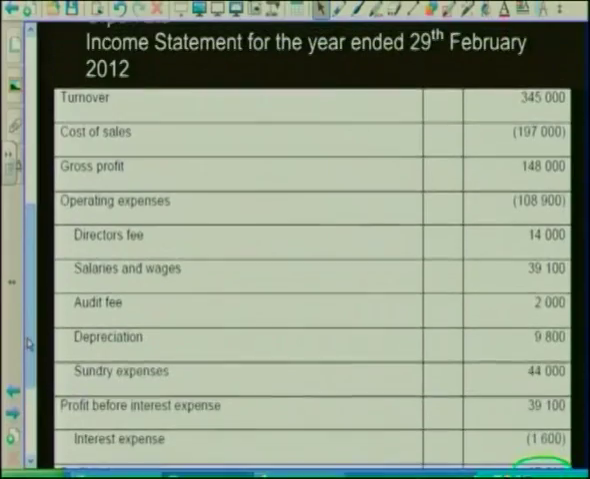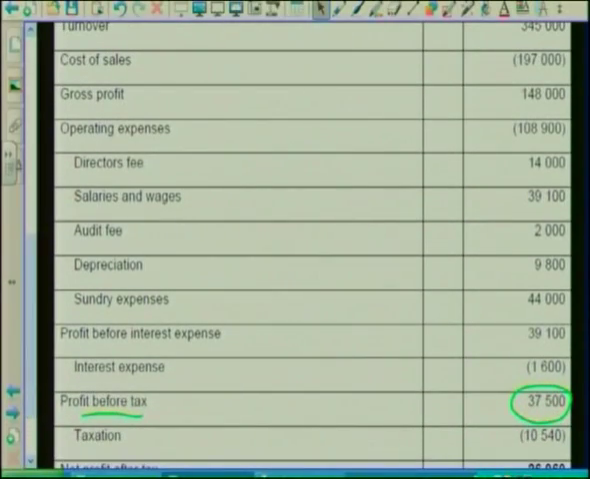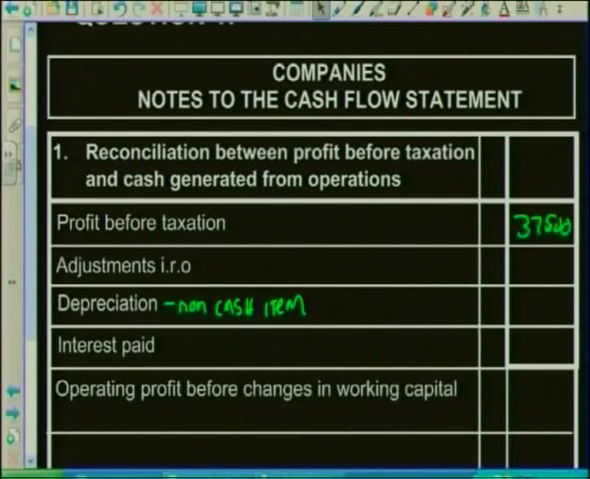In our income statement, remember we subtracted depreciation. We're now going to add back our depreciation. So let's now go back to our income statement. We are looking for under expenses, operating expenses. There we go. There's our depreciation. And for this financial year, depreciation 9,800. So now we're taking this amount back to our cash flow statement, and we are adding back the